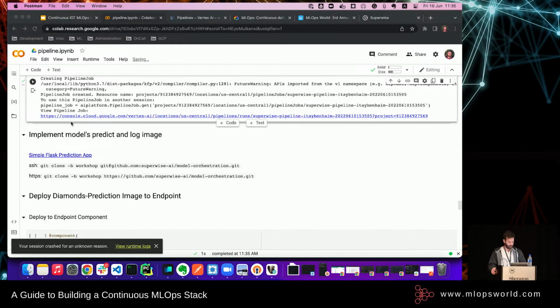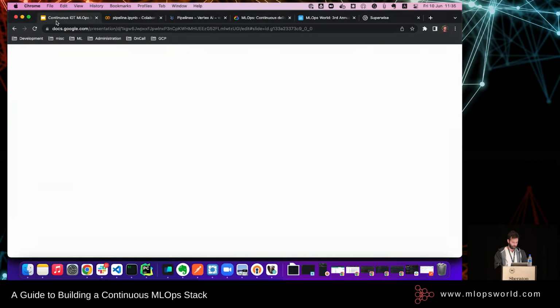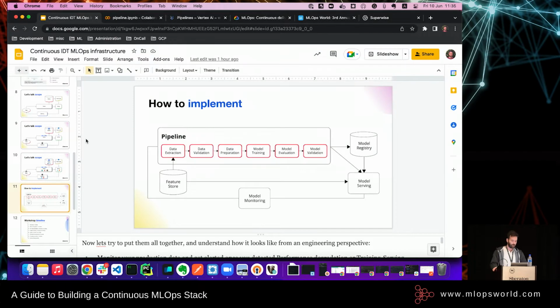Now, up until now, let me go back to the slides so we'll have some context. So we wrote a pipeline from data extraction all the way to model validation. We also have a model monitoring system in place, and now we need to connect them. The way we connect them, the model registry and serving, as I said in the beginning, we're going to write a small Flask application that's going to use some environment variables in order to